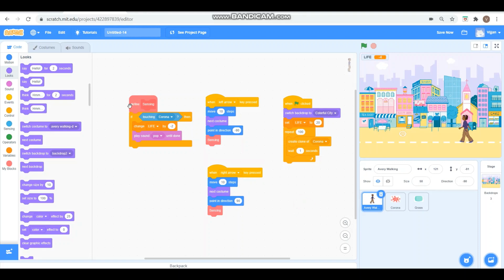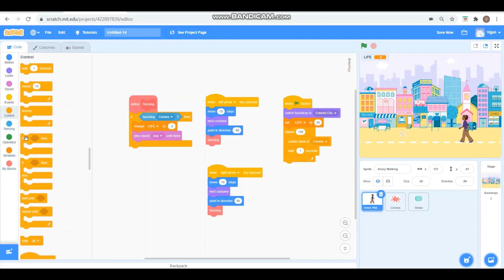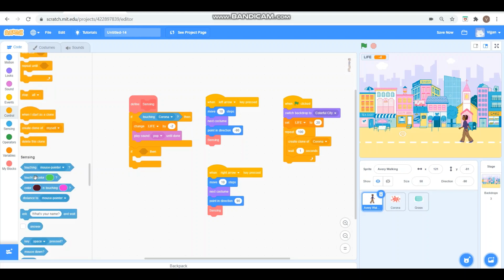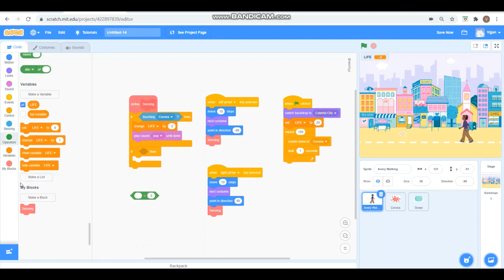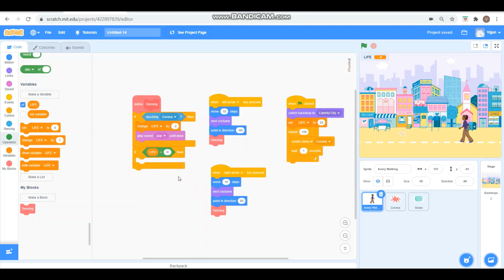For that, in the sensing code itself, we will put the if condition. If life is less than or equal to 0, display that backdrop. How will we put the life here? Variable, we can drag the variable over here. If life equal to 0, then